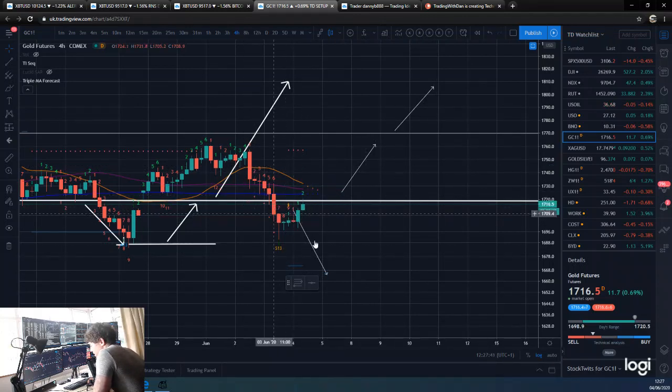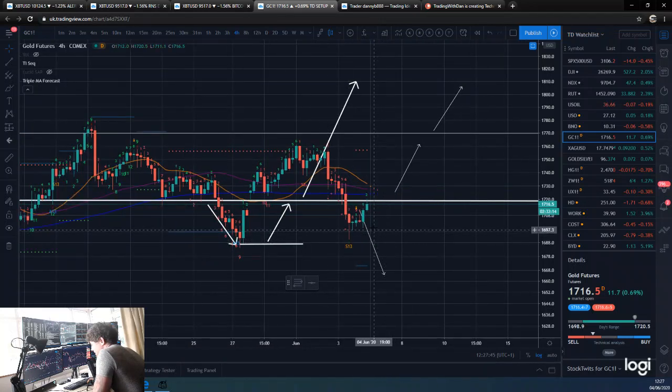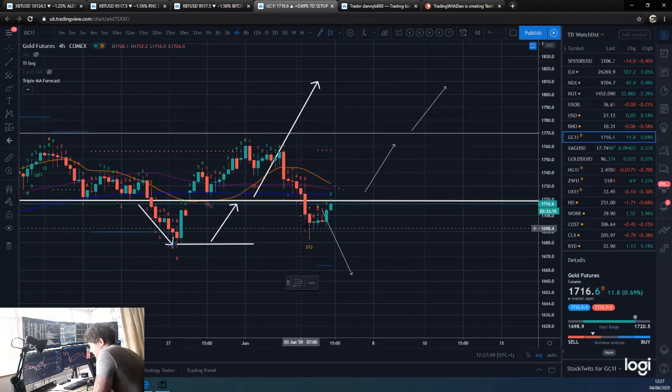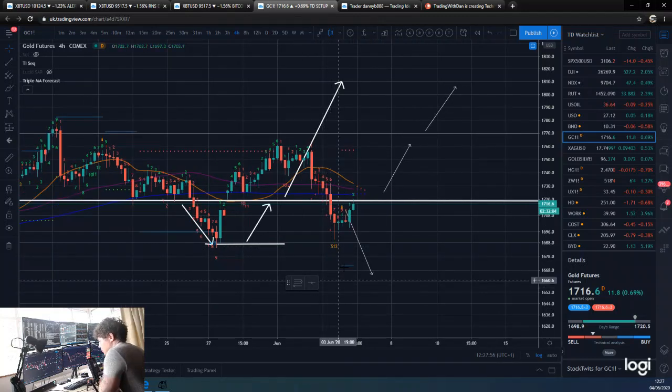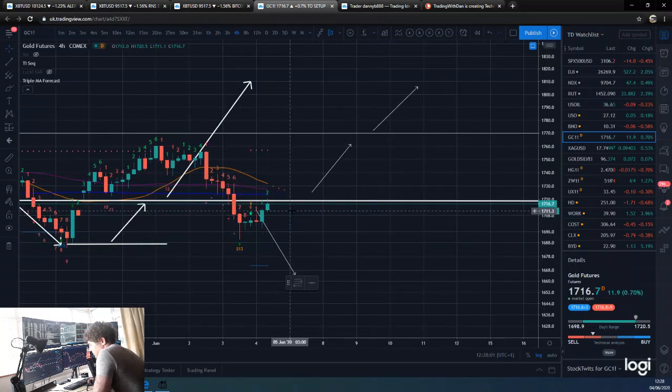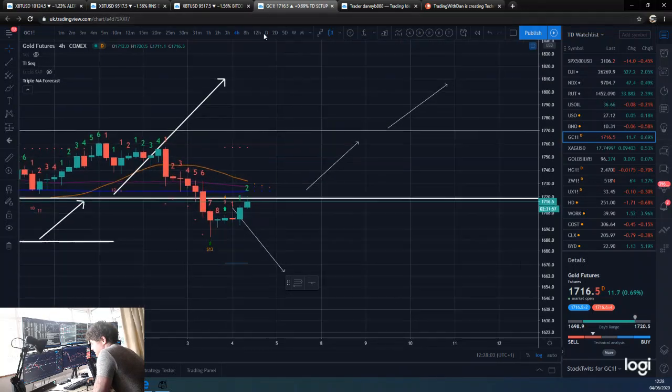I was eyeing this trade in real time, but I didn't actually put it on because it is quite a dicey level for gold, and I didn't particularly like the risk reward of what could have happened if we dropped out. I mean, I could have done it with a tight stop basically below this candle here, but I didn't. But that would have been a great buy, and I'm kicking myself a bit after for not buying it.